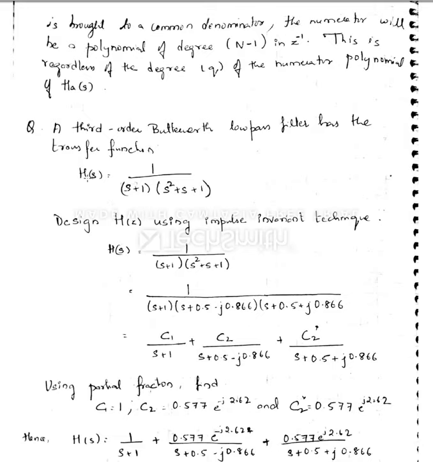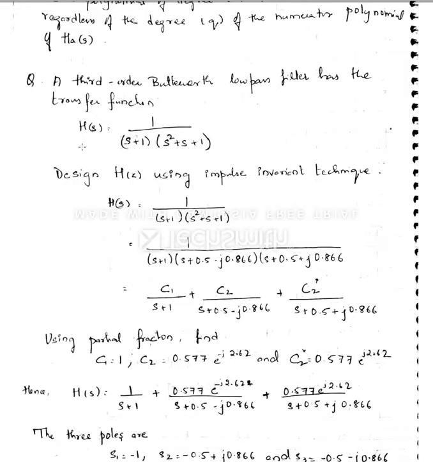So many a times they would be directly giving the transfer function and you will have to correspondingly convert it into digital, or else they may give you the specification of the analog frequencies. You may have to convert it to digital and then find, as you had done in the bilinear transformation. You may have to find H of s first, that is by finding your order first, then by poles and all that. Then finding H of s, then you will have to convert it. If it is directly given the analog transfer function, then it is fine, you just have to convert it.